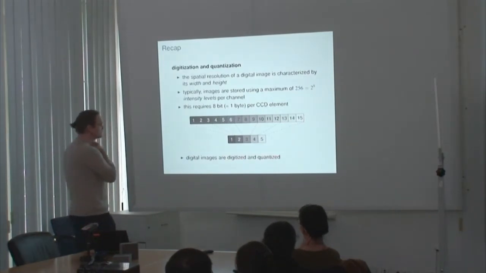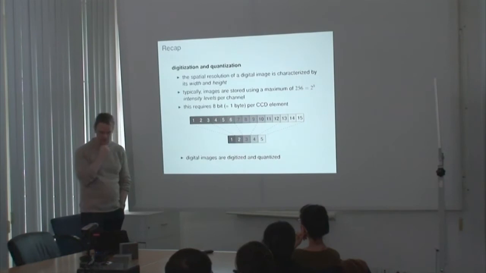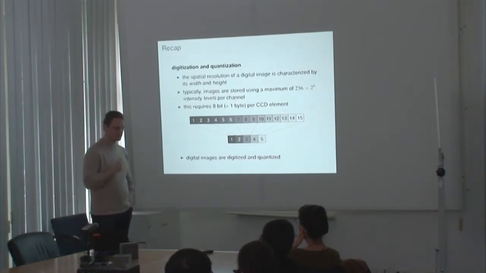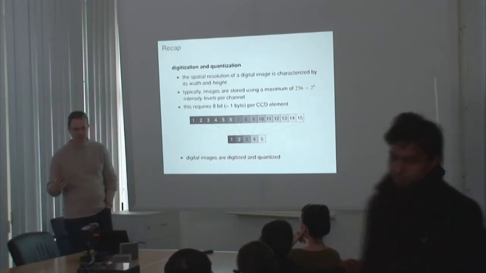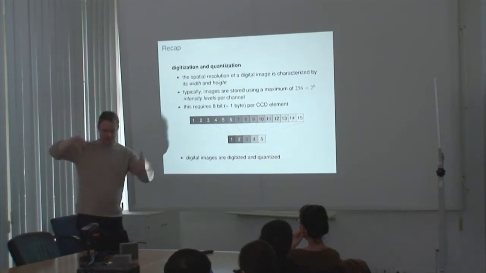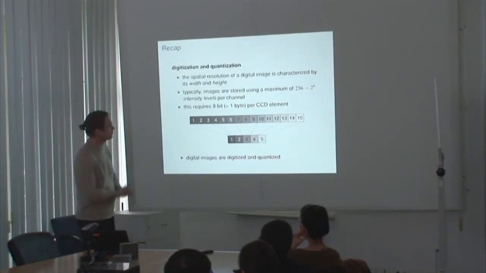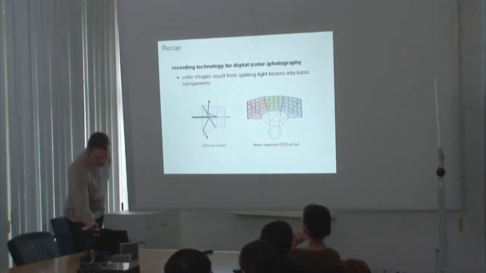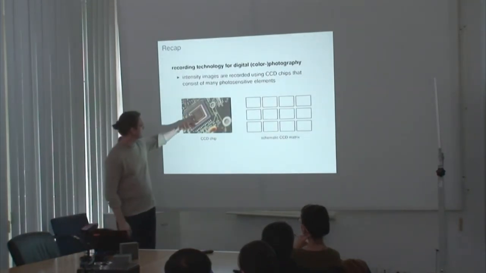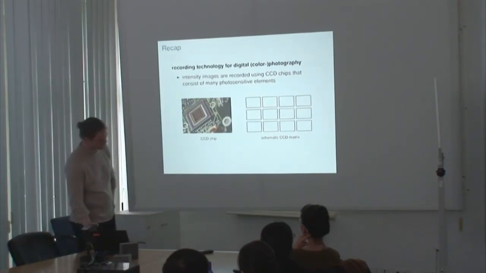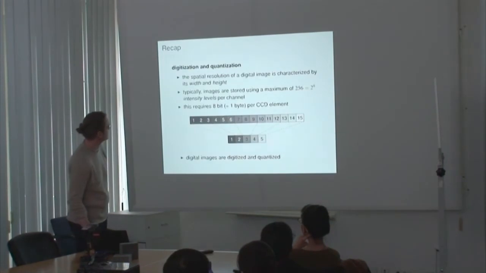And a very, very crucial point we discussed last time, which I have to re-emphasize today, is the fact that digital images are digitized and quantized. And by digitized, I mean that the domain, that is the spatial aspect of the image, the X and Y components of the image, is discrete. It's not something continuous, but as it is being recorded by devices like that, which consist of lots of discrete, tiny units like that, but they are discrete, digital images are